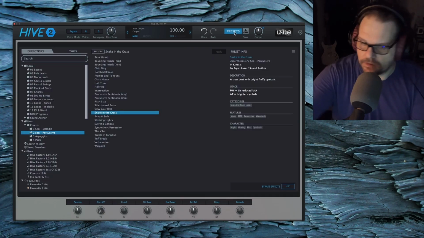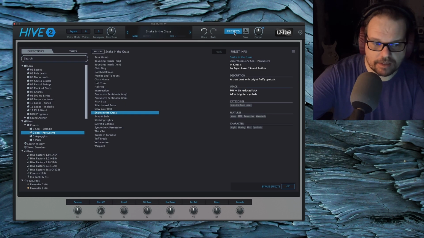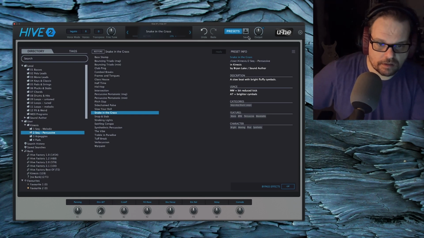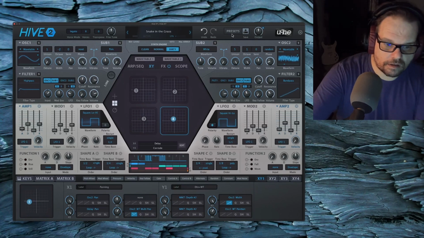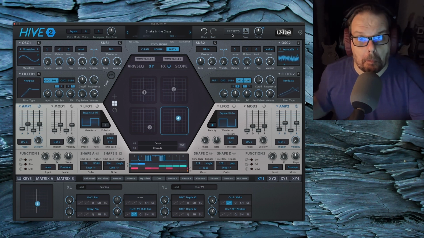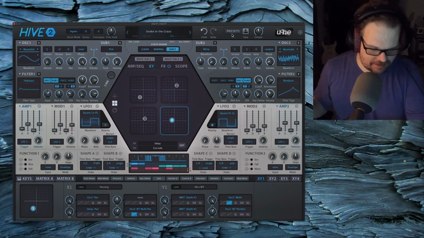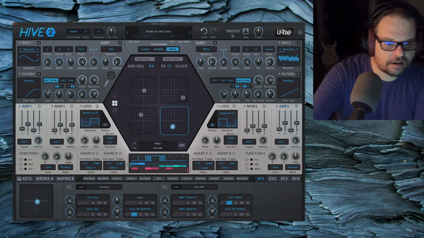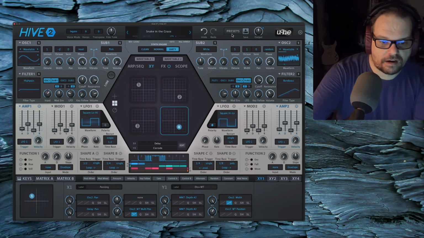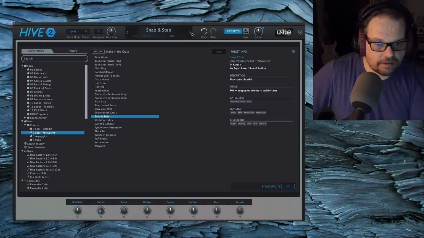Mod wheel. Aftertouch. Nice. There's some cool stuff happening there. Nice. Okay. And another mono patch.